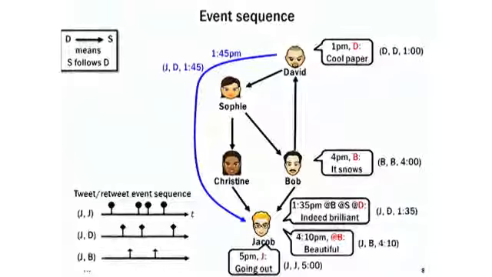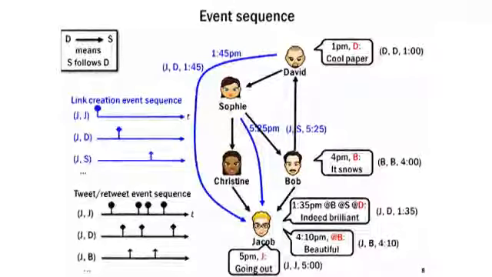Similarly, for Jacob, you also have a sequence of link creation events. At the beginning, he creates a link with Christine and Bob. Later on, he creates a link to David, and then he creates another link to Sophie at some other point in time. So you can also record this sequence of linking events for this particular user J as several timelines. Each one corresponds to one source where the link is coming from, okay? For instance, in this particular case, we only consider the creation of a link once, and that's why the corresponding timeline